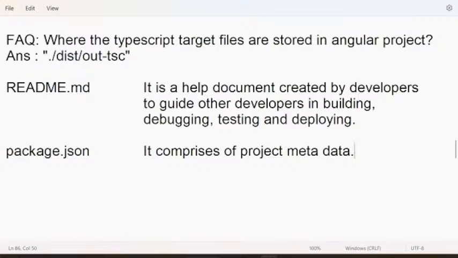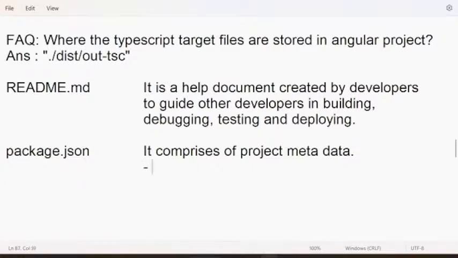What does project metadata mean? It means about the project version, about the project dependencies, right? What dependencies it is using, what versions it is using.